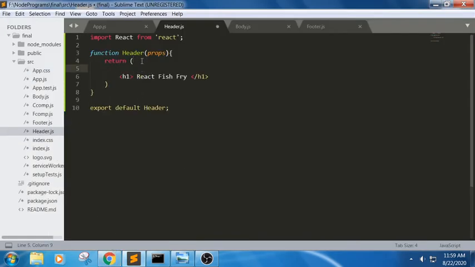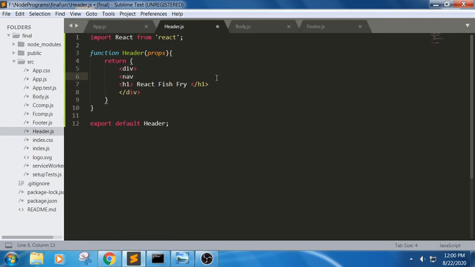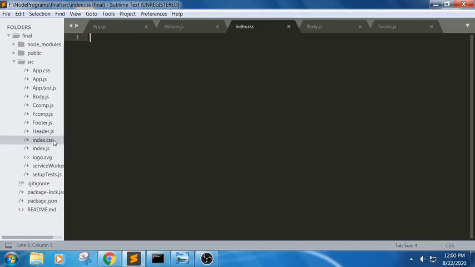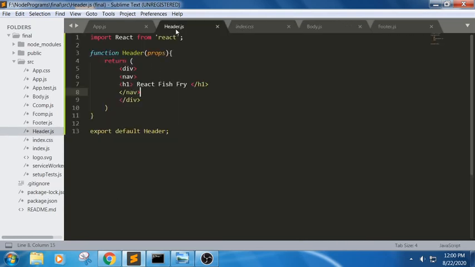See, whenever you are trying to use multiple elements, I want to use a nav tag or something. Whenever you are trying to use multiple tags, we should always include them in a div tag. So in this I am trying to implement some nav part. So we have implemented this. In this, for example, if I want to get this to the center of the page, we can use CSS. So let me use CSS here. I'm trying to implement this in the CSS part. First we will start with the div.